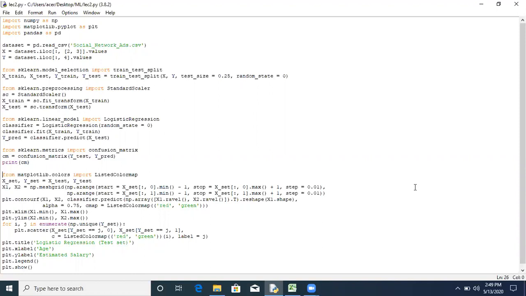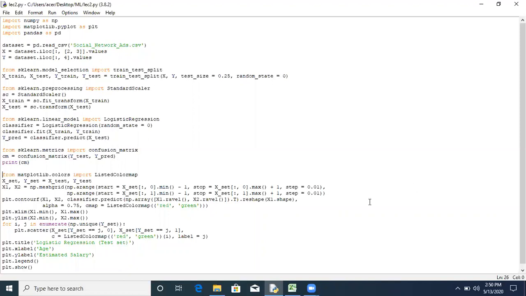That means the prediction will be on the basis of two categories. The new data point will be added to one of these categories. In case of simple linear regression, which we have seen in the previous lecture, that is the case of continuous prediction.